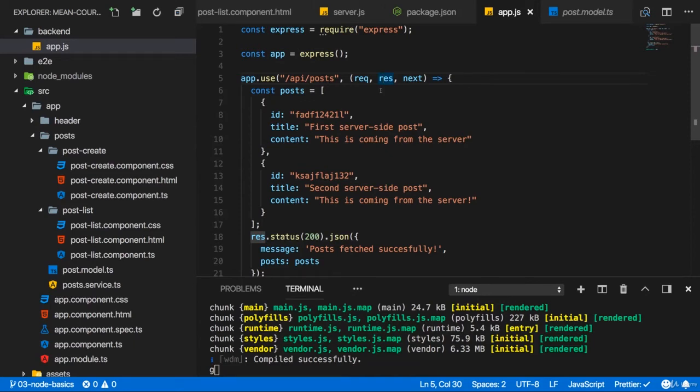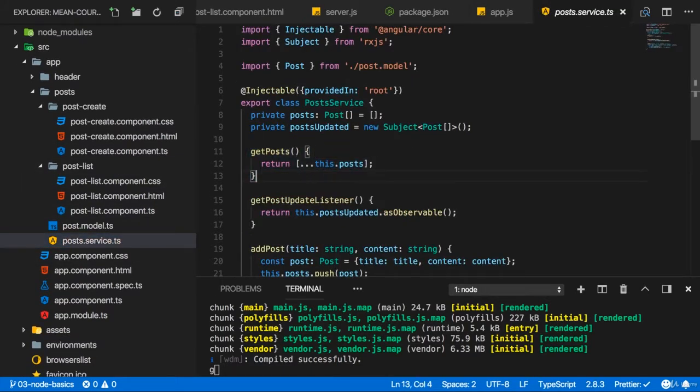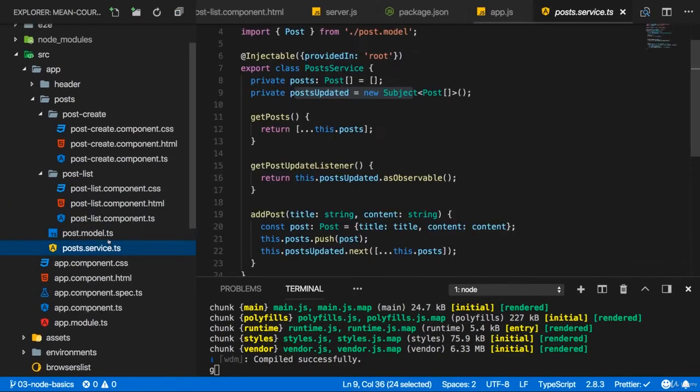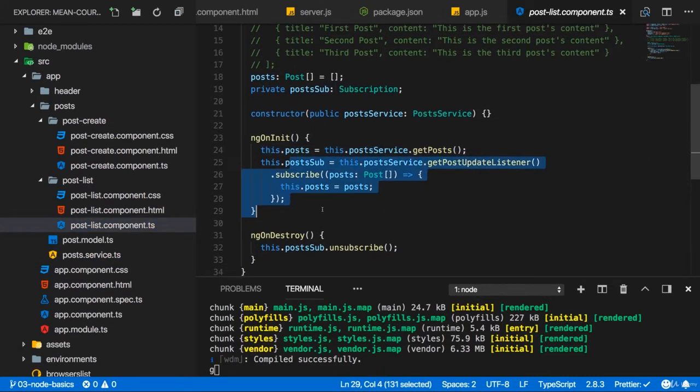So back to Angular, let's connect Angular and fetch the posts from there. And I want to do that in the posts service here in getPosts. In getPosts, I want to reach out to my backend, fetch the posts, store them in posts here, and then fire my update listener to inform everyone interested in my app, for now the post list component, that we got new posts. So I kick this off in post list component and I handle the response,